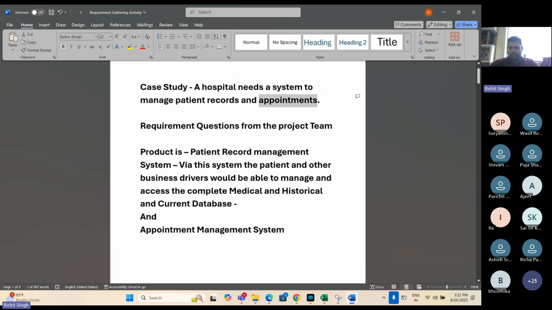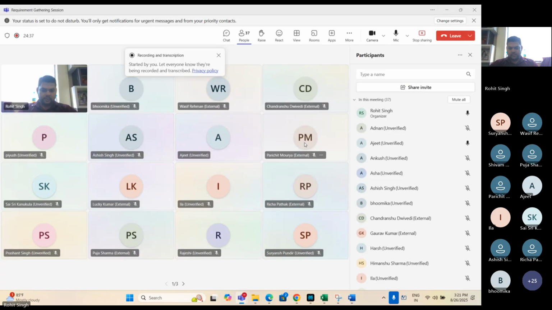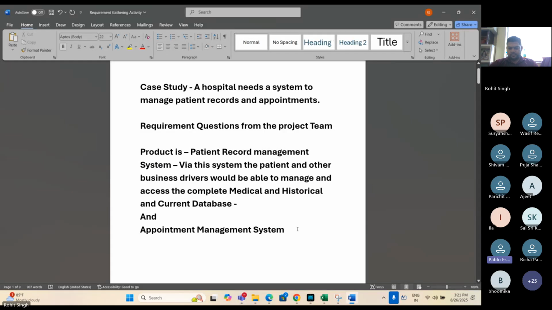What payment you are saying, that we can include in the appointment management system? So we can add reschedule options. Suppose they are booking an appointment and they are unable to come, then they can reschedule.